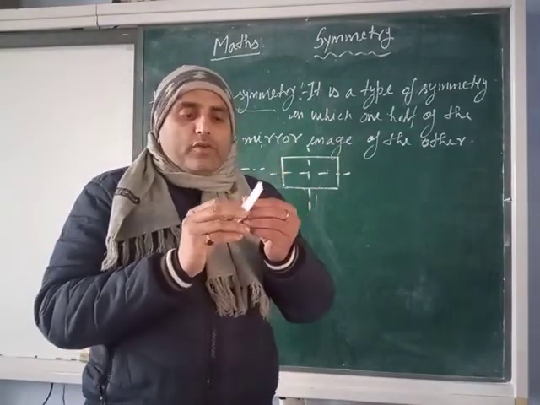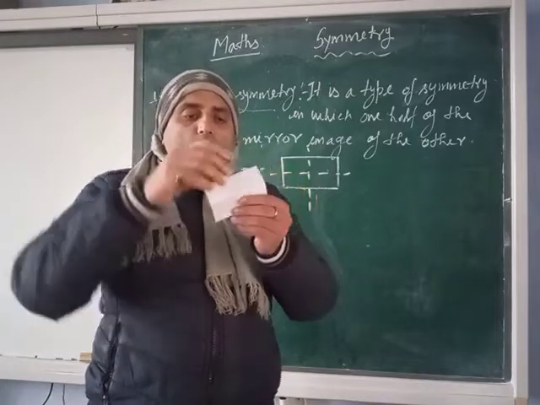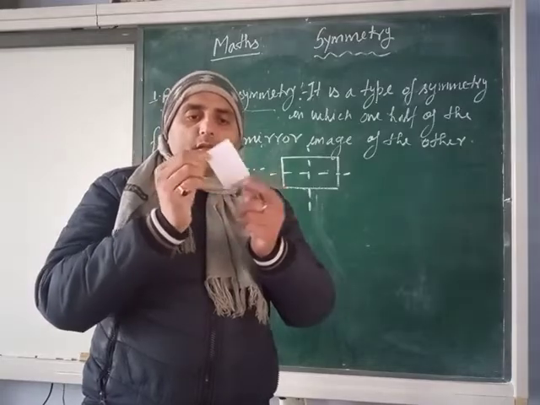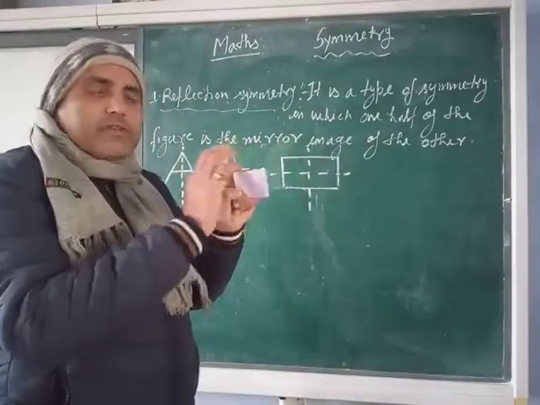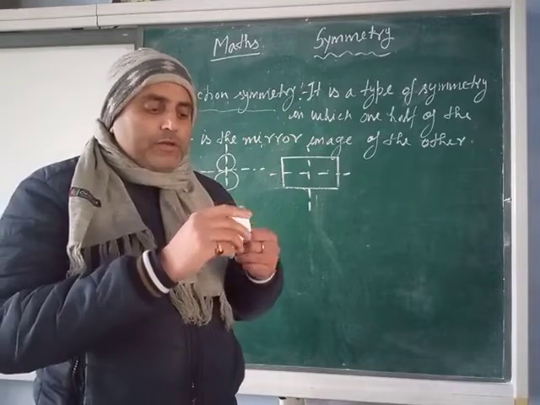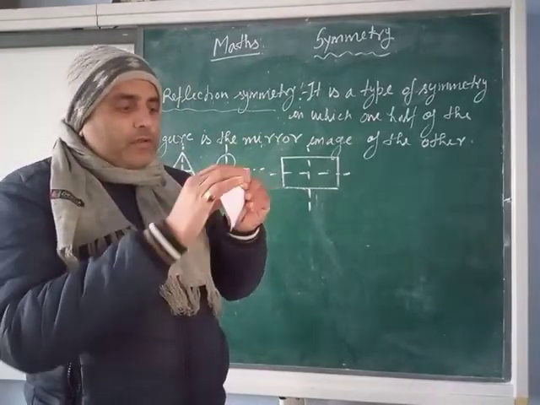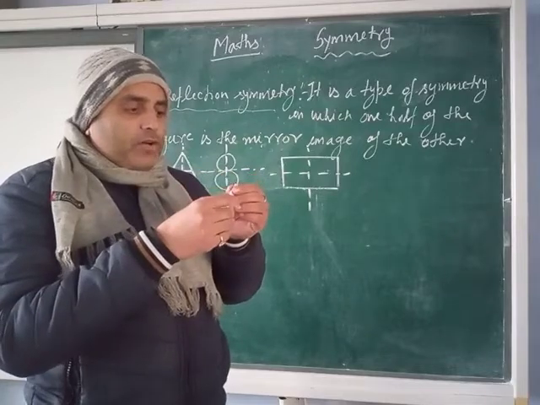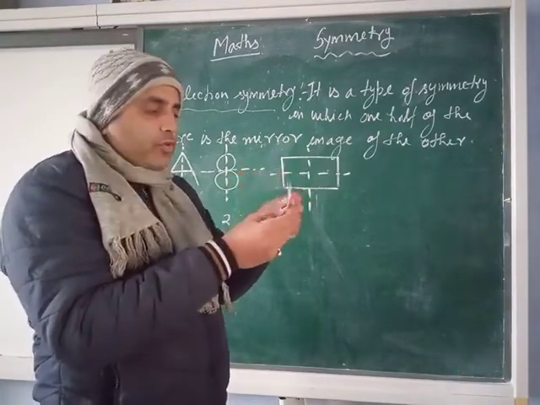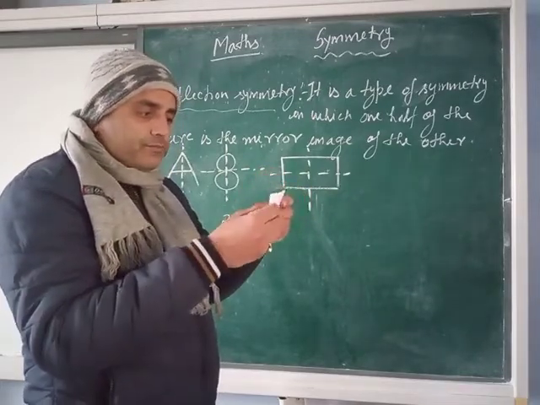Again, when we fold it along its breadth, and now fold according to its length, again this whole portion covers the second one. So this is also known as a line of symmetry. So rectangle has 2 lines of symmetry. But if we fold from its diagonal, then it does not cover completely. Okay, so rectangle has only 2 lines of symmetry.